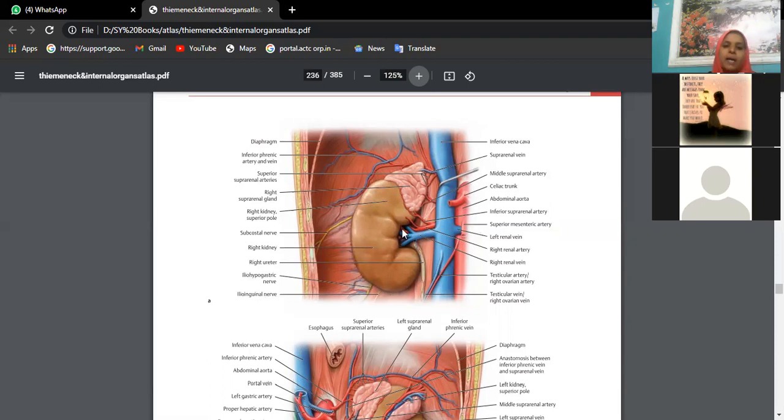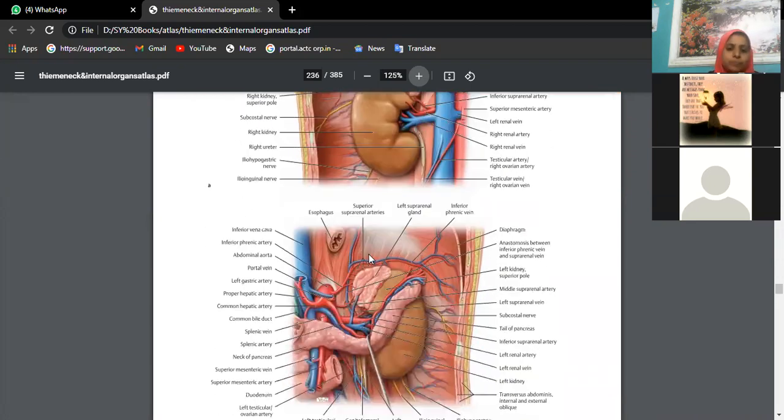This is the hilum of the kidney where you have VAP structures. From anterior to posterior, try to remember it as VAP. V is the renal vein. Behind that you see the renal artery, and behind that you will see the pelvis of the ureter. You have to look for the arrangement of the structures, with the help of which you will identify the side of the kidney, whether it belongs to the right or left side. The arrangement of structures is one behind the other: V first, A second, P third. V stands for renal vein, A for renal artery, P for pelvis, which continues as the ureter. That is for side determination.